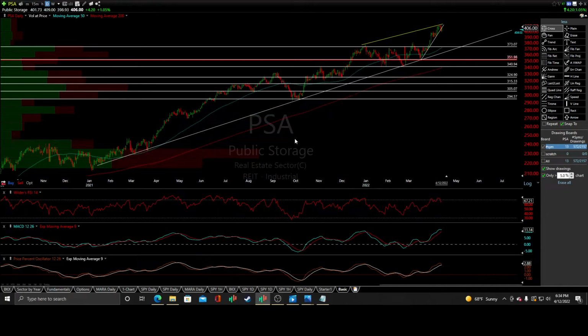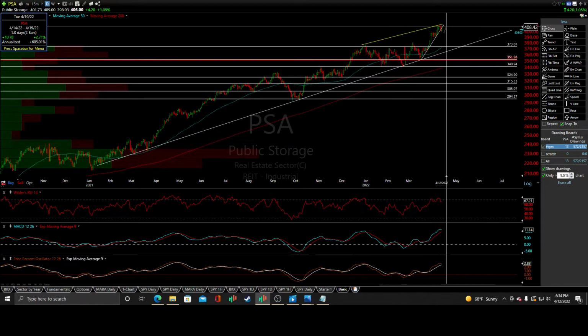This is a short trade setup for PSA, Public Storage. We have a symmetrical triangle with a divergent high, negative and bearish divergences on all three indicators, and it looks like we had slightly broke down, and now we're back testing the bottom of that trend line off the March